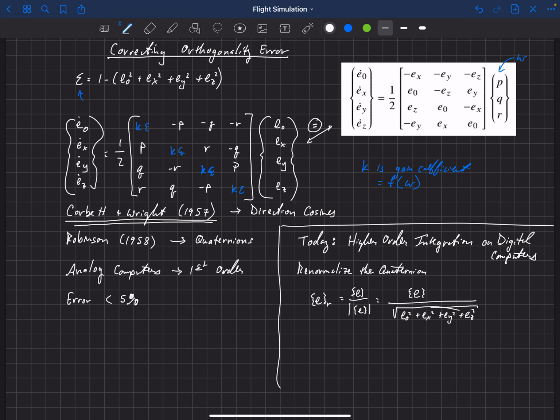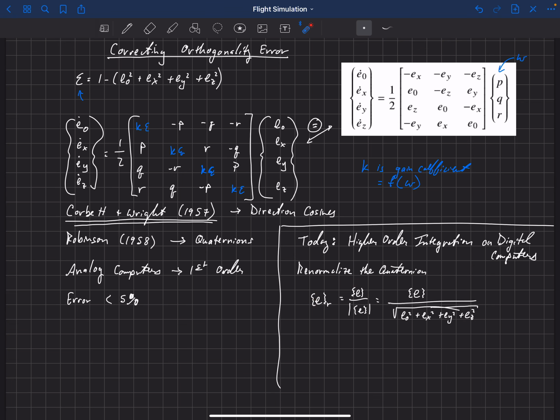Anyway, you can do this periodically throughout your simulation, and we're going to apply this every single time step. So within each time step, we're going to be using fourth order Runge-Kutta, and so we'll be calling different functions 4 times. It does 4 computations within that Runge-Kutta routine. Once we finish with that complete time step, we'll come out of the Runge-Kutta routine. We'll use this equation here to renormalize the quaternion to make sure that it still has a length of 1 before we continue with the integration. Okay, we'll do that every time step, but that's actually overkill.